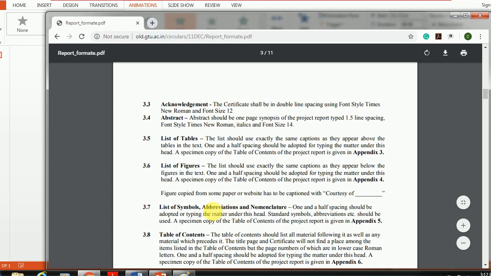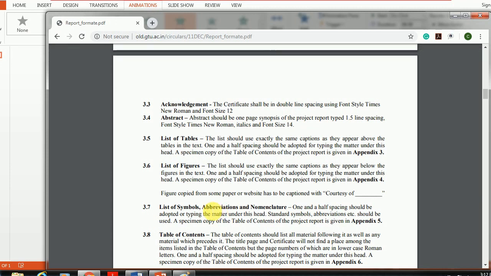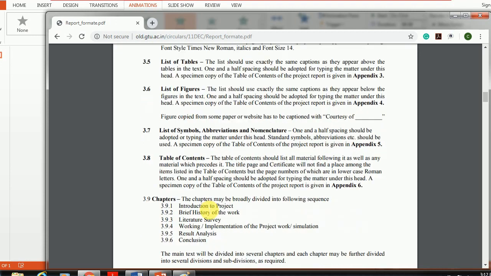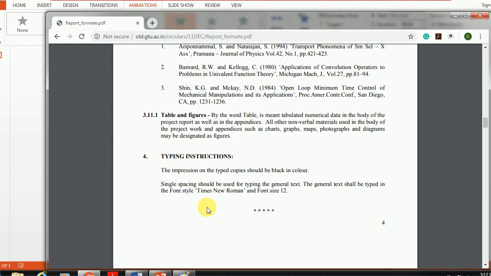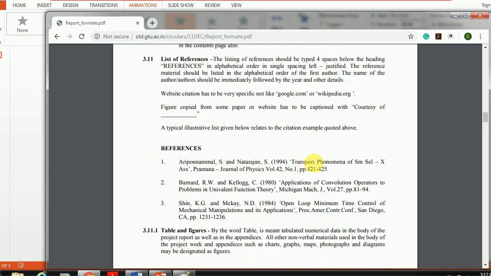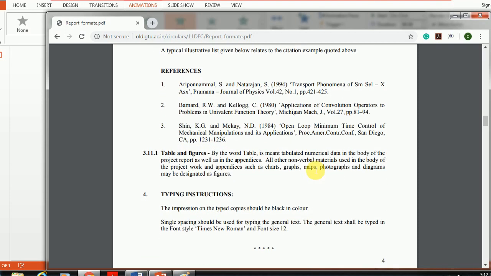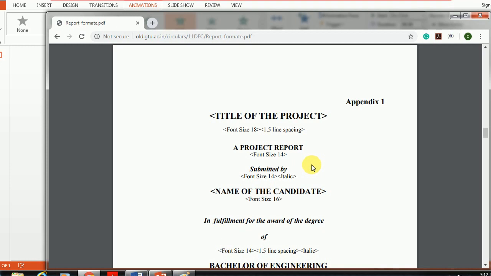Let us go down. Then here it is also important how to add references, and what is the standard format for the references. So yes, when you go up, the references are given. From where you can find references, I will cover in the second part of this video, from which standard website you can find them.